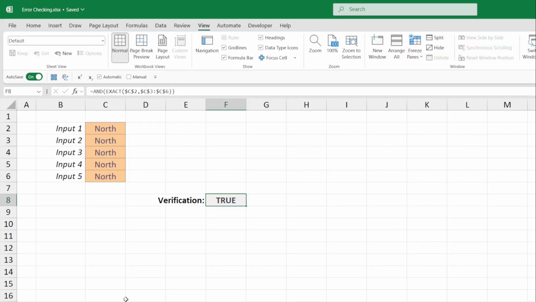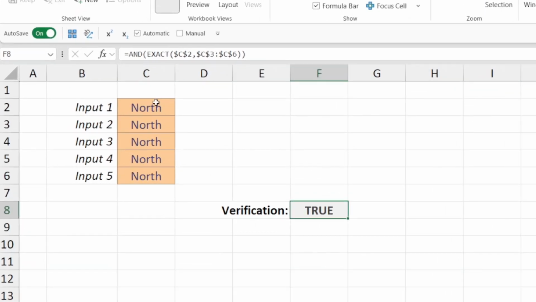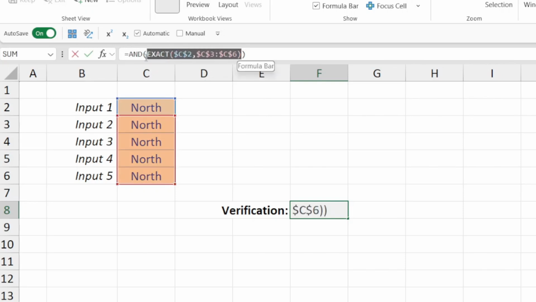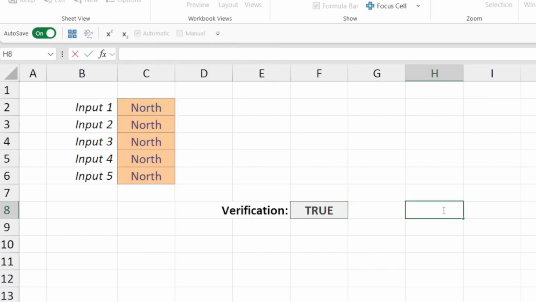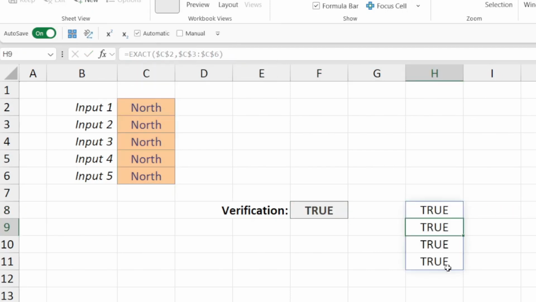Here I'm using the exact formula to check text inputs. So it's taking the input from cell C2 and then comparing it to each of the inputs in C3, C4, C5, C6 individually. It's easier to demonstrate this if I deconstruct the formula. I'll put the exact part over here, and you'll see with the dynamic arrays that it's returning a spilled range of values. So it's comparing C2 to C3 is true, C2 to C4 is true, C2 to C5 true, and